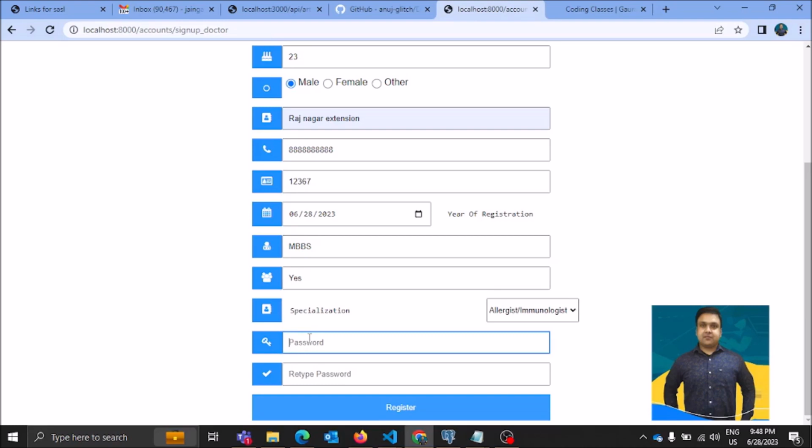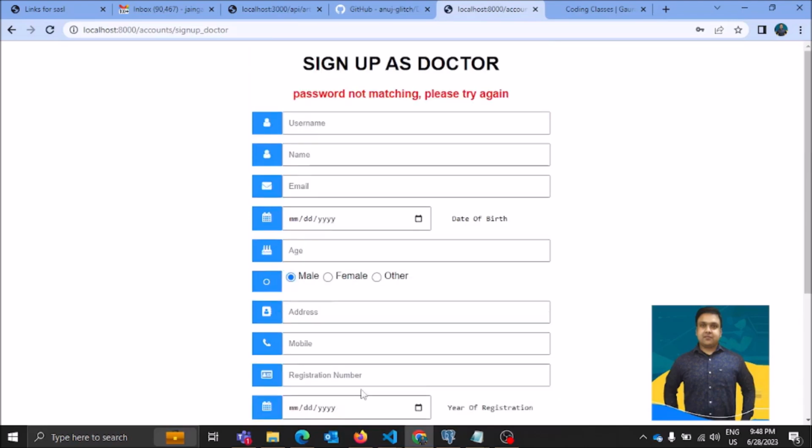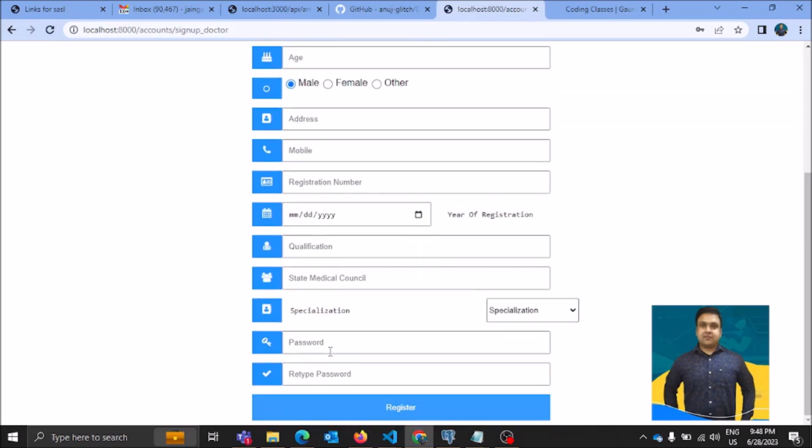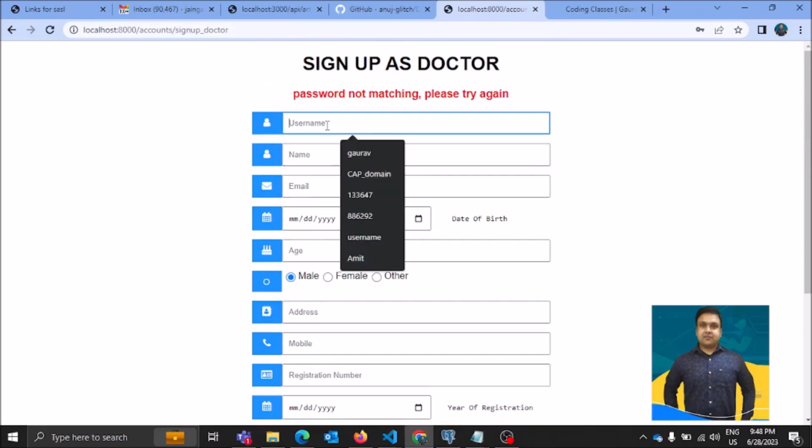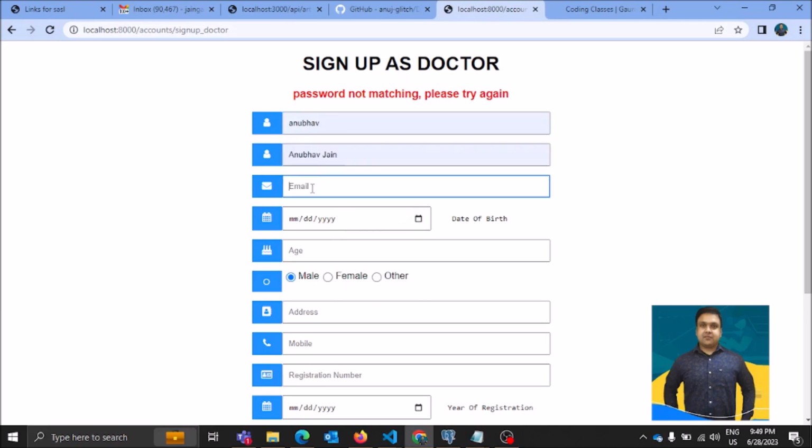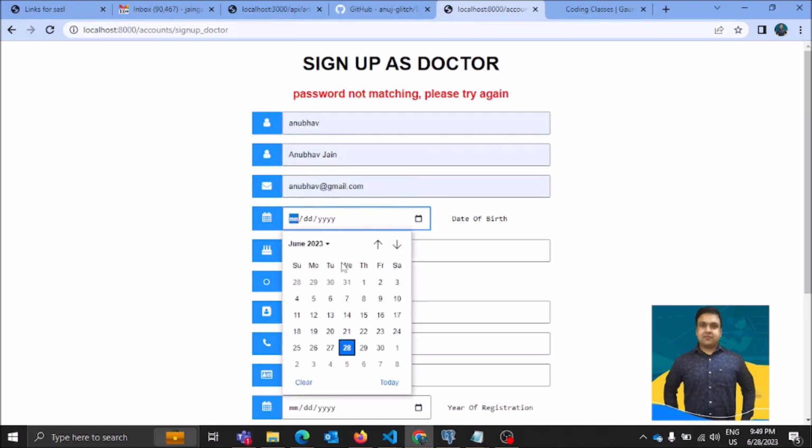Okay, and if you select allergies, that also will help. Okay, let's create a password for Anubhav. 123, and here also I'm going to type the same password. If password doesn't match, I'll have to enter the details again. I'm really sorry for that. Anubhav Jain. This time I think let us select a random